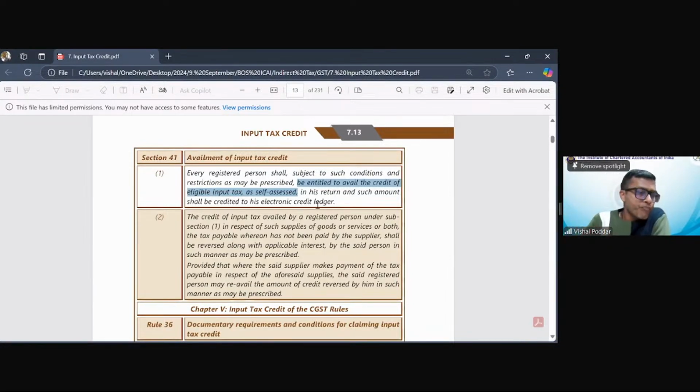Yes. Sir, availing means to make use of, am I right? No, no, no. Availment is taking. To use, you will get another word which is utilization. That is what we will see in section 49. Okay. So till now, we are on the first step, that is first getting the credit. That is what I'm saying. Different sections have used different words. 16 has used the word take the credit. 41 is using the word avail the credit. All this is the first step, that is getting the credit.